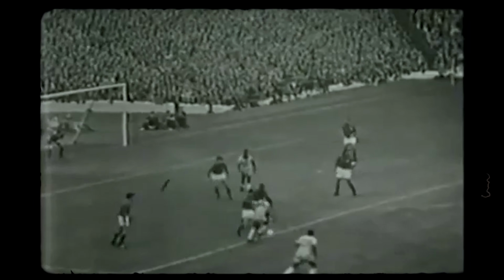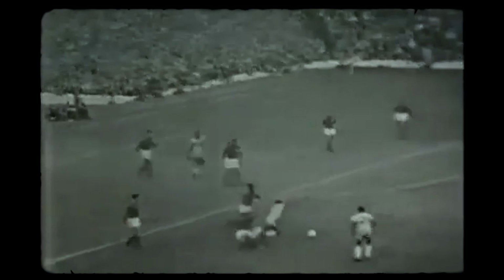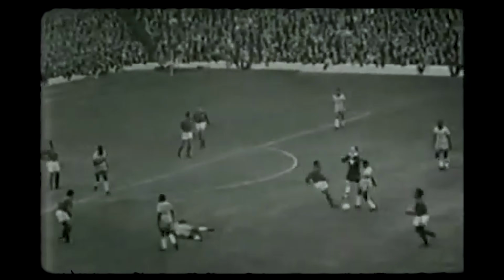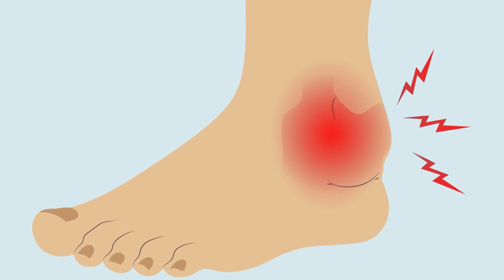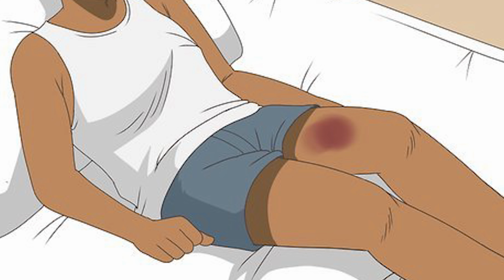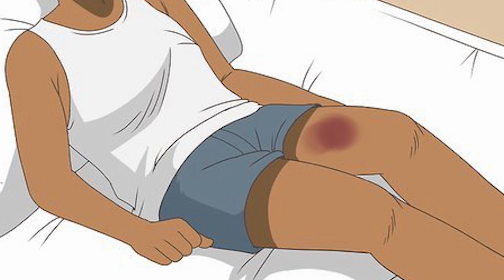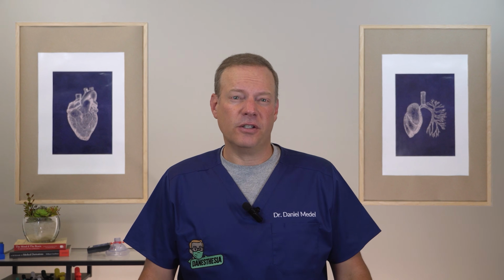When an athlete's already injured, their mechanics change. They limp, they compensate, and they put extra stress on other joints. A painful ankle can change the way the knee absorbs force. A bruised thigh can change the mechanics of running and sprinting. A player who can't move normally is also less able to protect themselves from the next challenge.